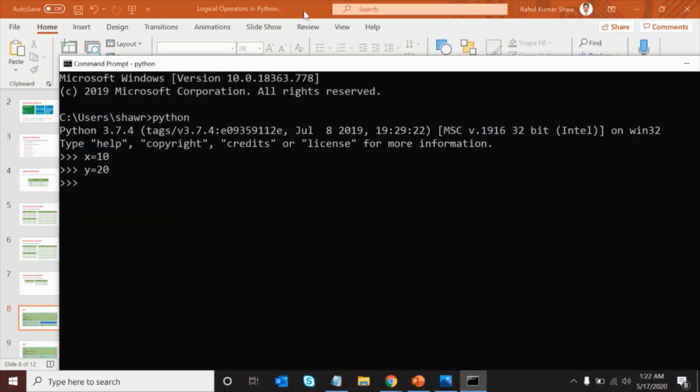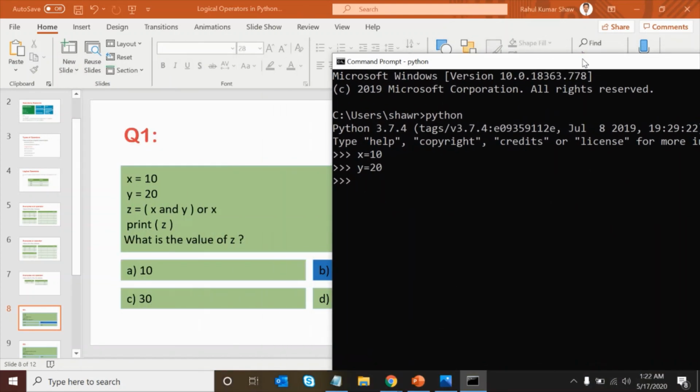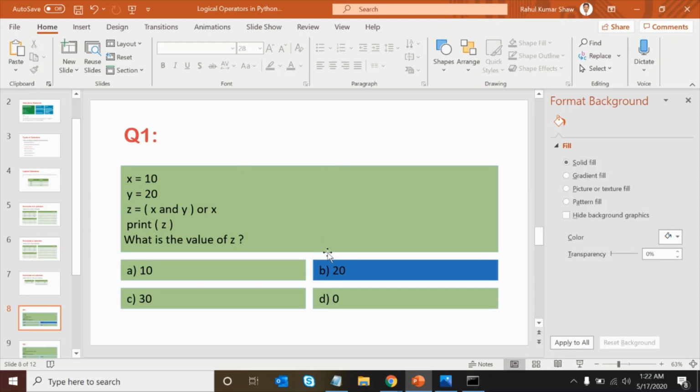Okay, I think this is fine. So x is 10, y is 20, and then z is equal to x and y or x. Now print z. 20 is the correct answer.